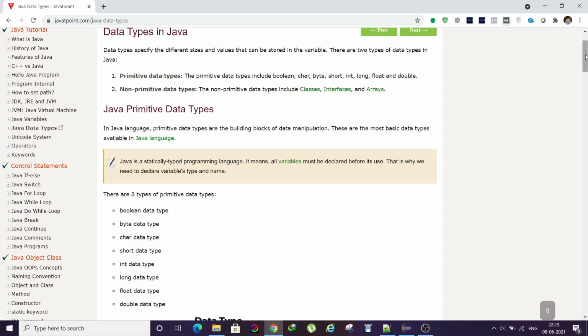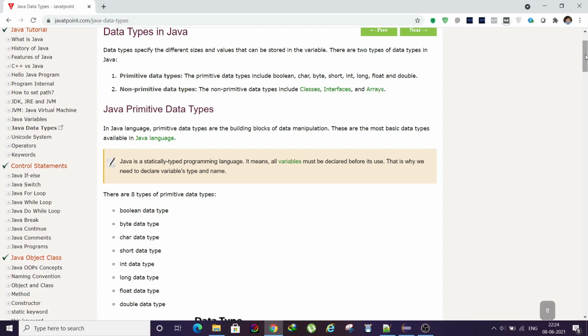Basically in Java, data types are divided into two categories: one is primitive data type and another is non-primitive data type. All your basic data types like integer, character, byte, float, double fall under primitive data type. Non-primitive means, let's say, arrays and classes, basically those which are a combination of primitive data types.